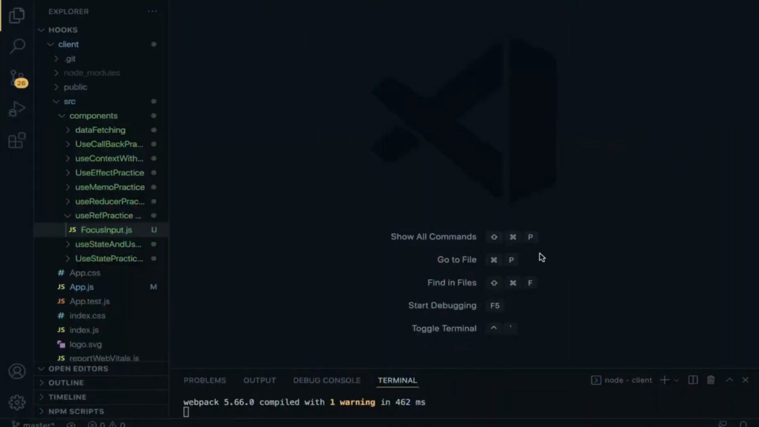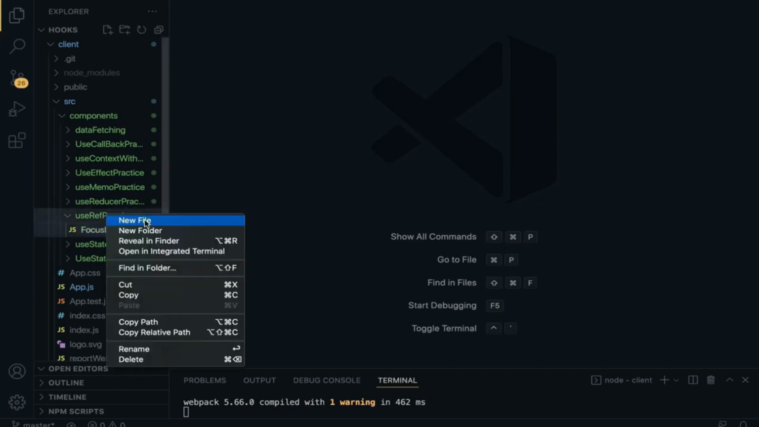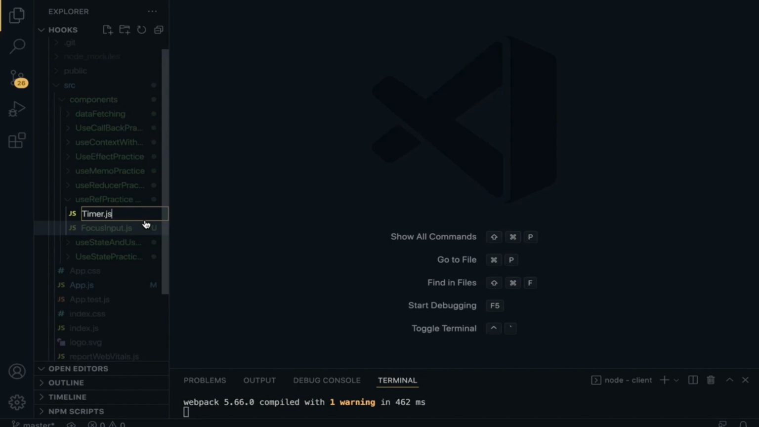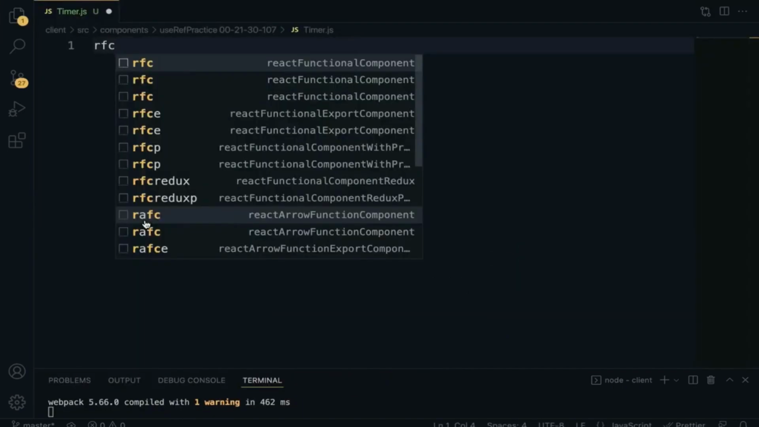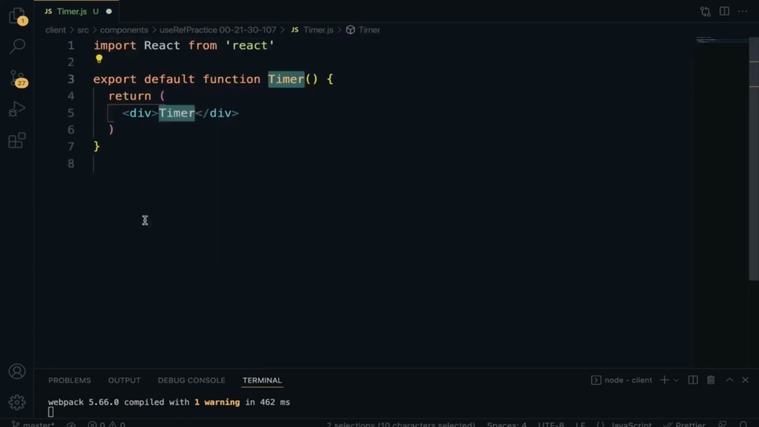To further explain the useRef hook, let's quickly set up an example of a clock timer application. Right within the useRef practice, let's create a new component called timer. Right click, new file, timer.js. Generate the functional component. The intention of this lecture is to implement an interval timer that updates every second to display the value on